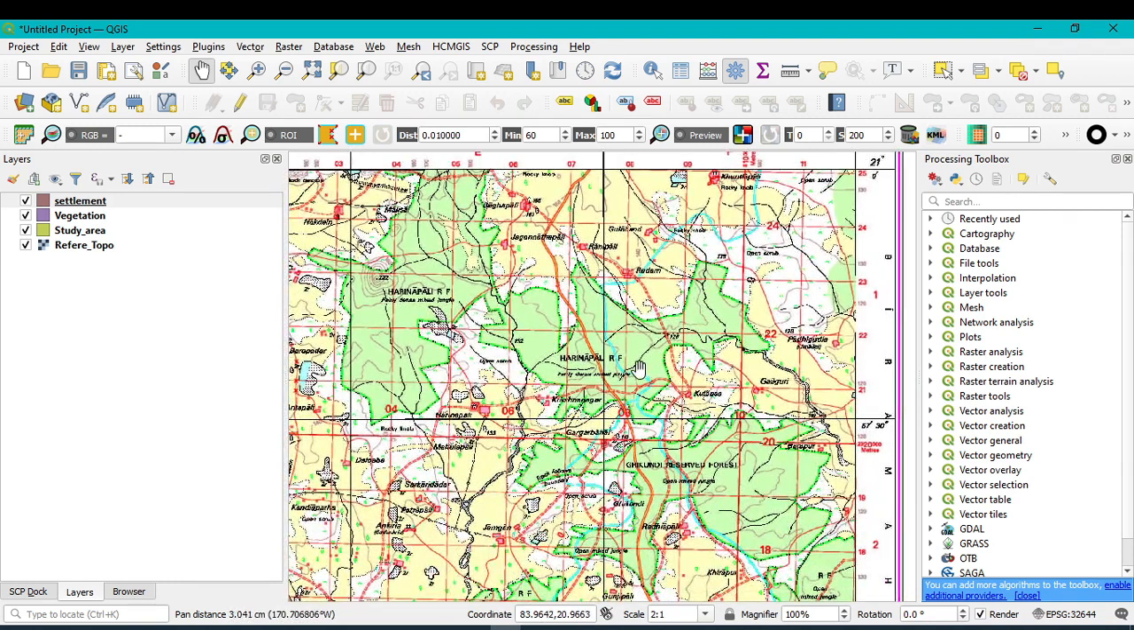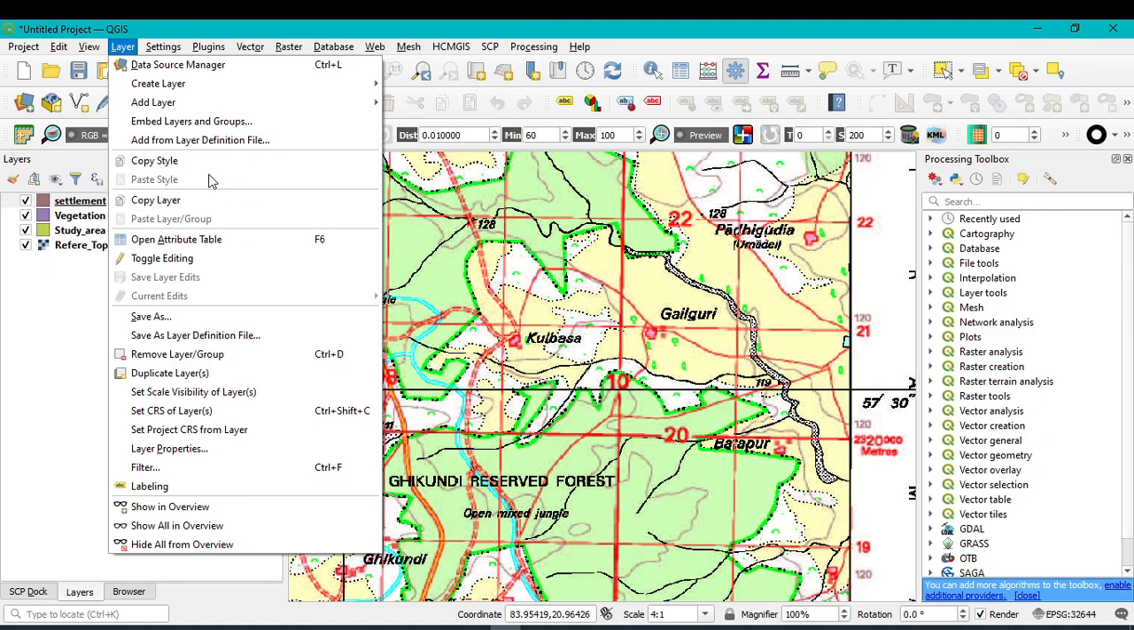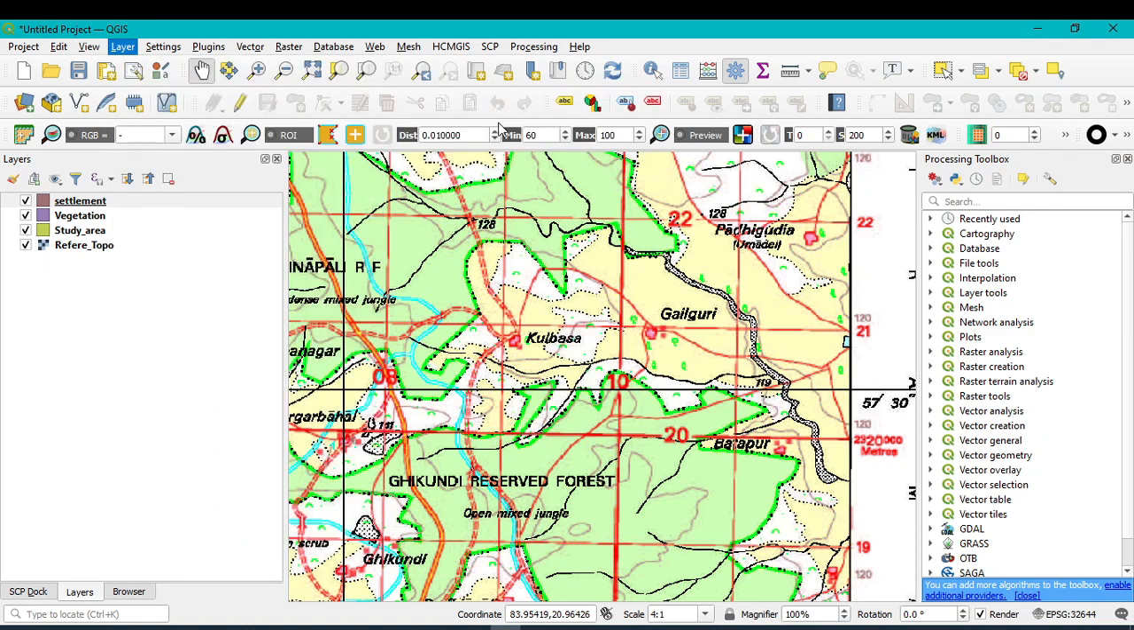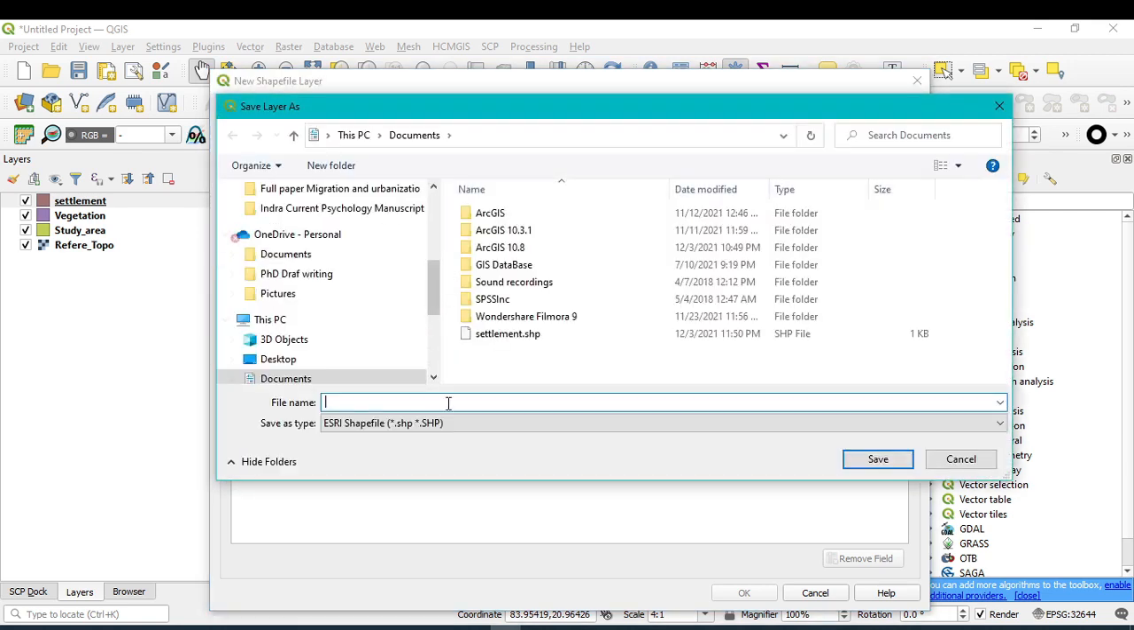Okay, so the fourth layer will be this one, the river. You can see here this is the non-perennial river with sand. So I want to create a new layer. Simply click on this three dot and write river